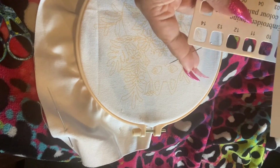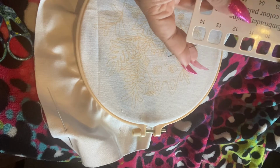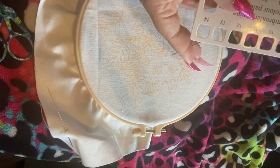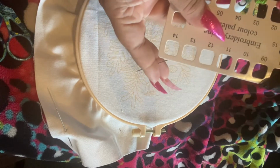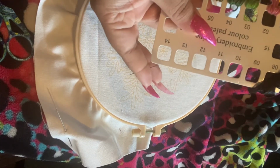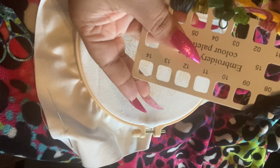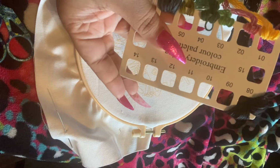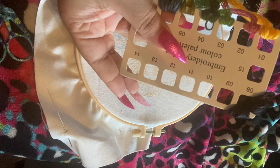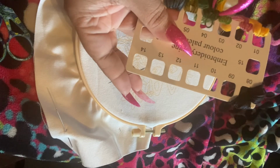And let's see, so that color is here, so I'm probably going to use more of this darker green, number 4. So I'm just going to come here, and the cool thing about these is that they're divided out. They'll even tell you what number stitch and colors to use. For the green leaf, it looks like this is number 4, so I was right. So you're just going to grab this,